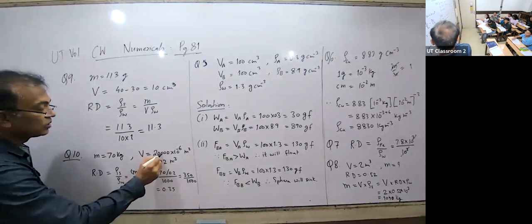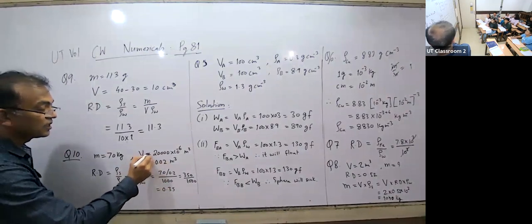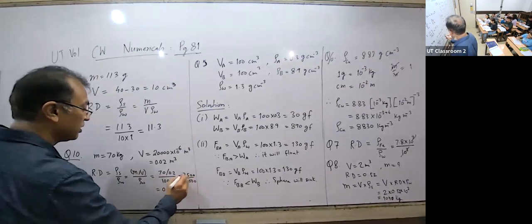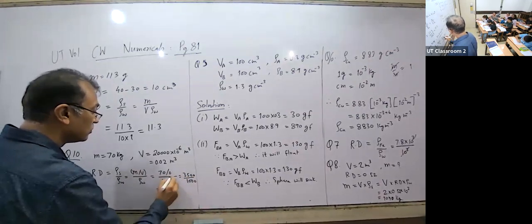One, 2, 3, 4, 5, 6. 6 figures. Correct? So then we will have 3500. यहाँ पे आ जाएगा 0.02. Then 0.02 के साथ